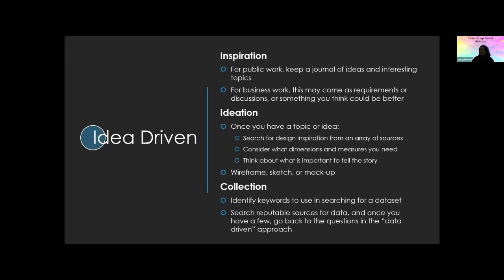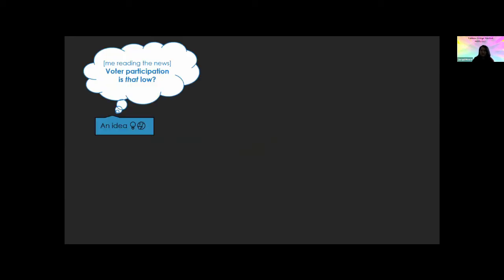And then during my ideation process, I got a sense of some of the keywords for the topic and I used those keywords to start searching out data sets. So, use the keyword plus database, plus data set, plus CSV, et cetera, and you find the data. You can also make your own data with APIs and web scraping. And I'll share some of the resources that I use for these things too. And then you take what you found, and you go back to some of the questions that I talked about in the data-driven approach. We'll keep going back to those same questions anytime I start with a new data set. And then you may have to do this a few times until you find the right data.